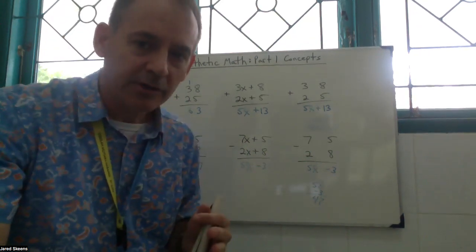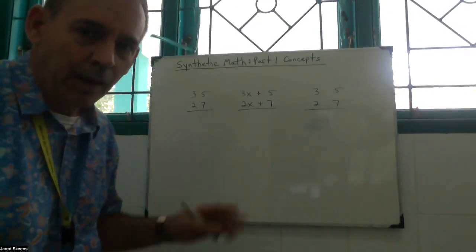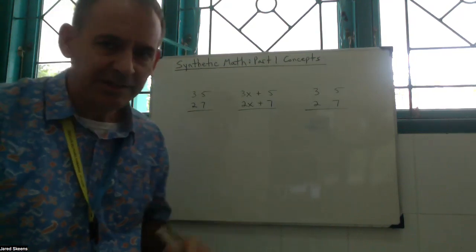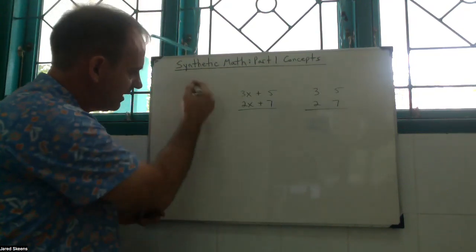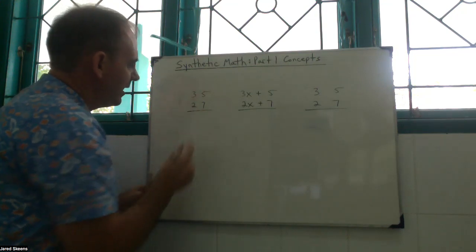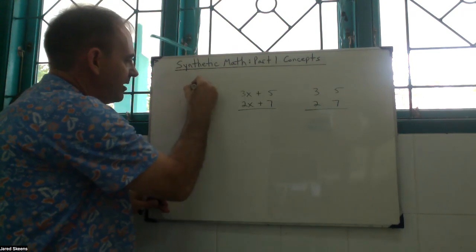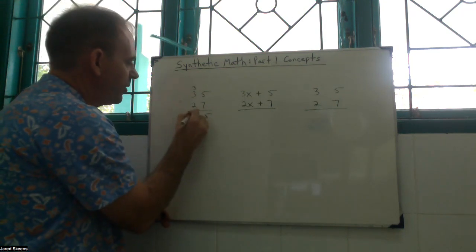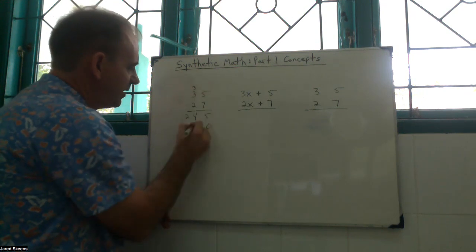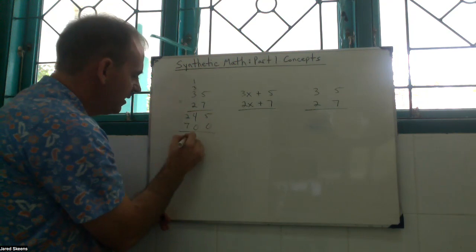Okay, now we're going to look at multiplication. For the multiplication platform, again, we just set it up by place value. And now we're going to multiply. So 5 times 7 is 35. We carry the 3. 3 times 7 is 21, plus 3, 24. Put a 0. 2 times 5 is 10. Carry the 1. 2 times 3 is 6 plus 1 is 7. So we get